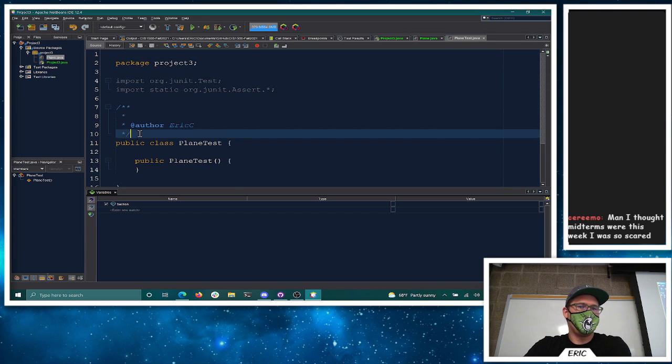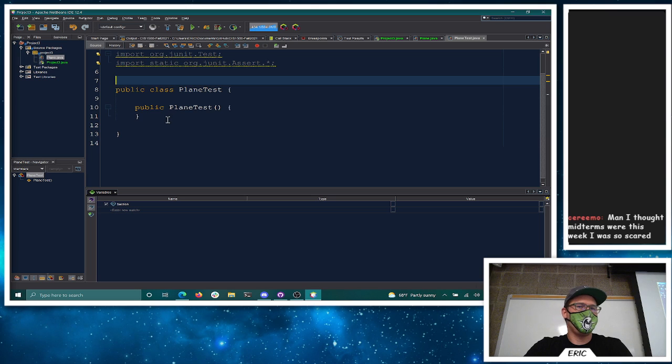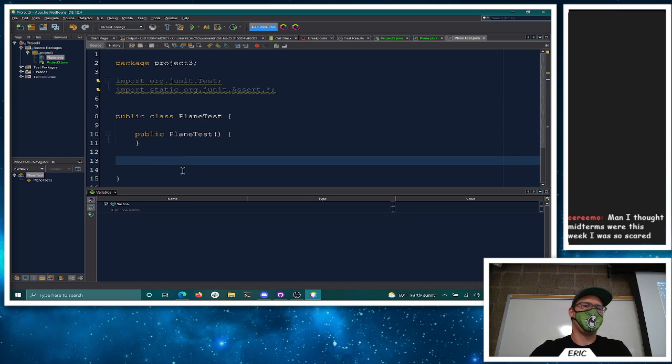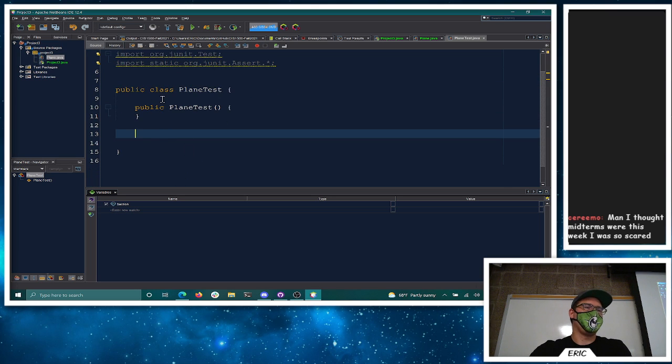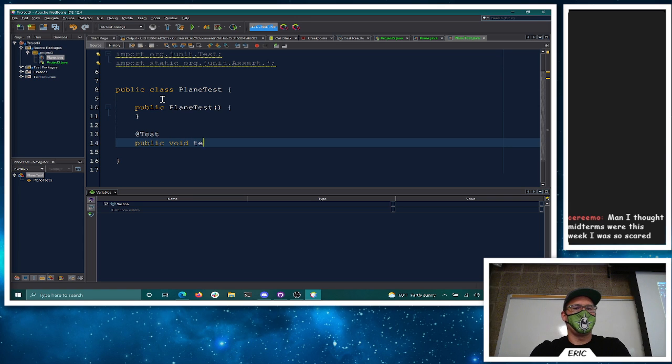Now, we don't need to test the get methods individually. Oh, good, they didn't even give us any. Look at that. That's cool. So if they had a bunch of get methods in here, testing all the gets, again, my idea with that is we're going to test it in the constructor. That's fine. Right? You don't need to do it separately because we're going to test that it all happens at once. So say @Test, void testConstructor,